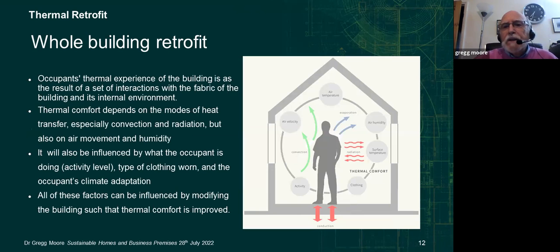So buildings are for people for the most part, and the occupants' thermal experience of the building is going to be as a set of interactions with the building and the microclimate inside the building. So the diagram is showing things like air movement, air temperature, humidity, the temperature of the surfaces in the room. Remember, heat always radiates from hot to cold. If a person in the room is warmer than the surfaces in the room, then that person will radiate heat to the surfaces. I've heard people call that cold radiation. Of course, it's always hot radiation, but